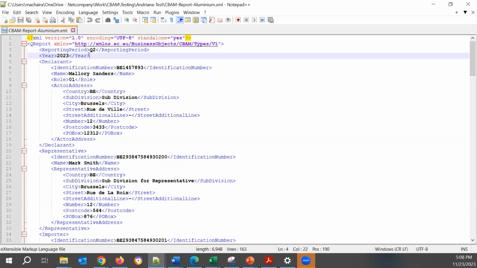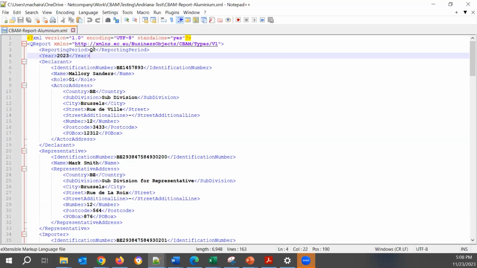To find the XML, you can go to the CBAM website under the CBAM Transitional Registry, and you can see there is a CBAM quarterly report structure XSD format, and an example of a CBAM quarterly report sample uploaded there.